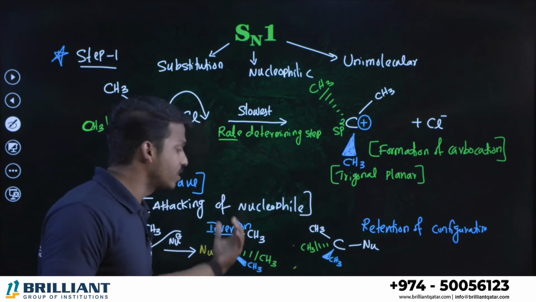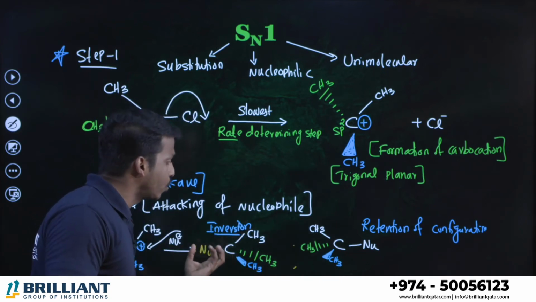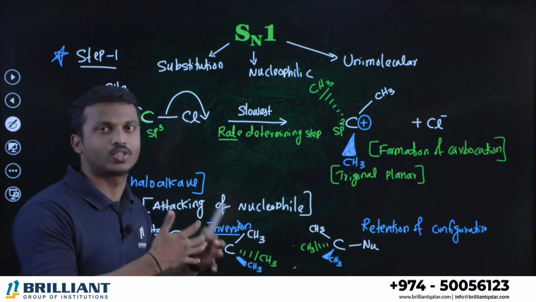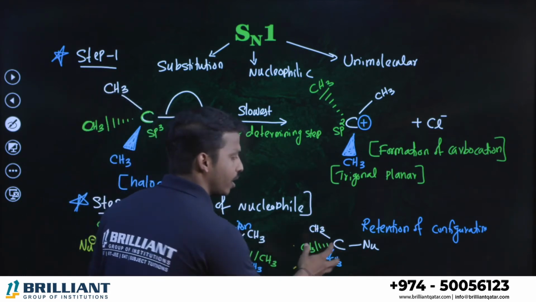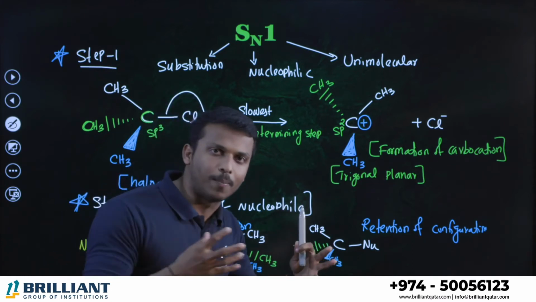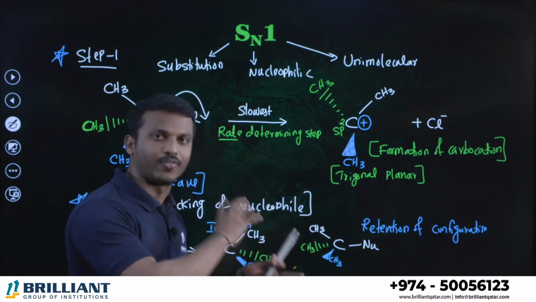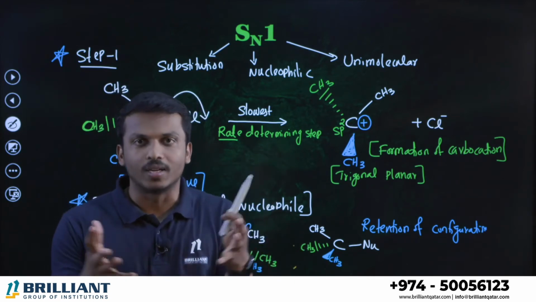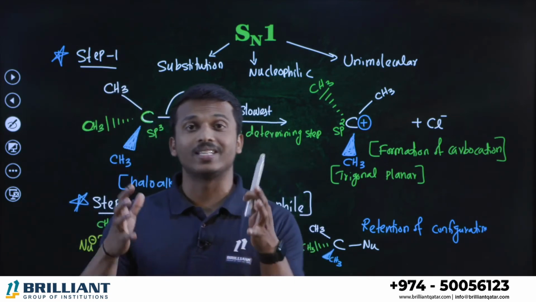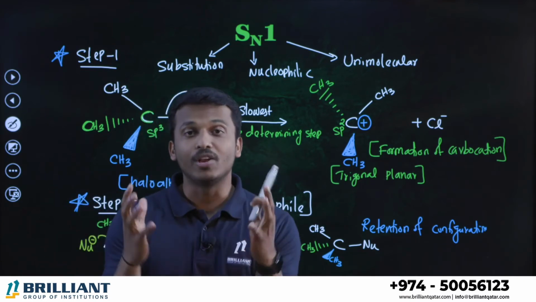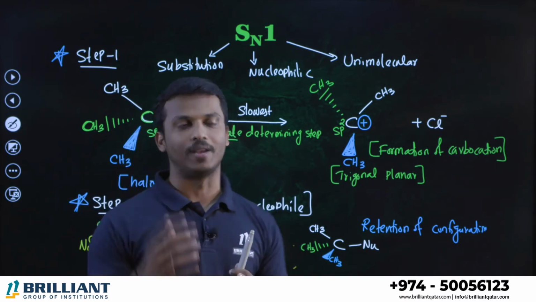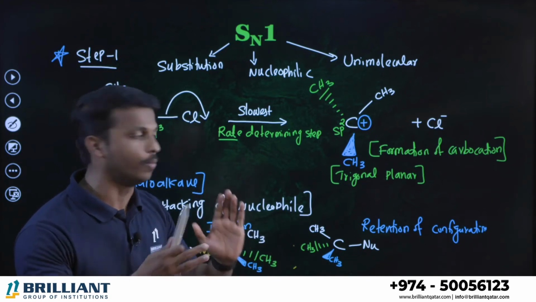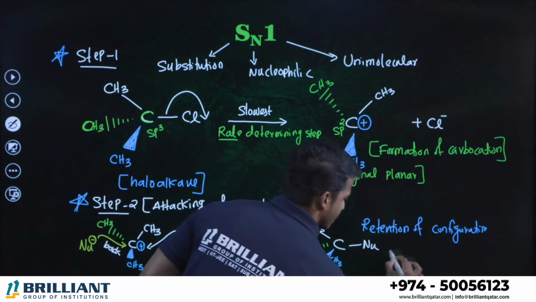If a compound or system is passed through plane polarized light and it rotates the light towards the right, then it is called dextrorotatory. If it rotates the light to the left, then it is called levorotatory. A 50-50% mixture of dextro and levo together is known as a racemic mixture. So inversion and retention can form one dextro and one levo, forming a racemic mixture.